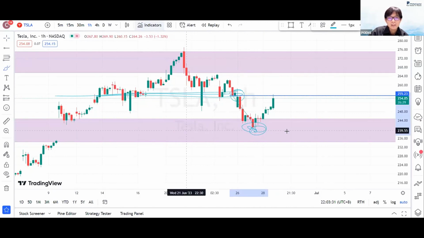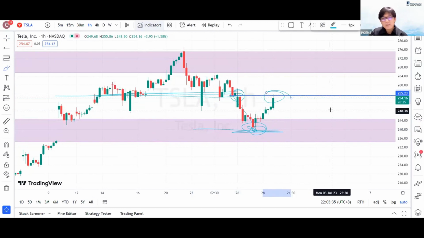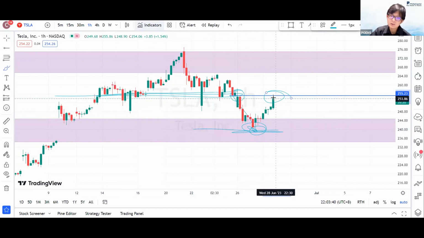Okay, and you are creating a lower low from here. This current price at 255 might become the new lower high. With a new lower high, you know how the trend starts to run: you have higher high, higher low, higher high, higher low. That's our uptrend. A downtrend means lower low, lower high, and vice versa, basically.